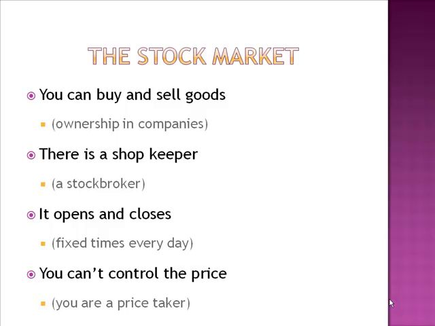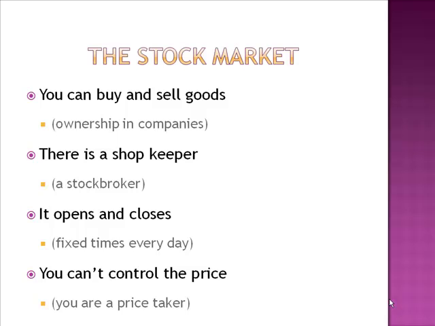It opens and closes. There are fixed times every day. Just for your own information, the UK market opens at 8 o'clock in the morning until 4:30 in the afternoon. The US market opens at 2:30 in the afternoon and closes at 9 at night. And you can't control the price. If Coca-Cola is being offered to me at $55, I can't change that. The market may move up or down, but I, as simply one participant, one buyer among the millions that trade in the stock every day, can't move the price on my own. So I am, in the economic term, a price taker.